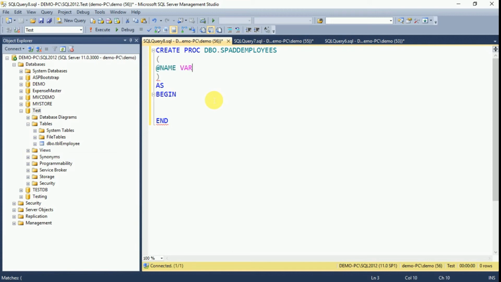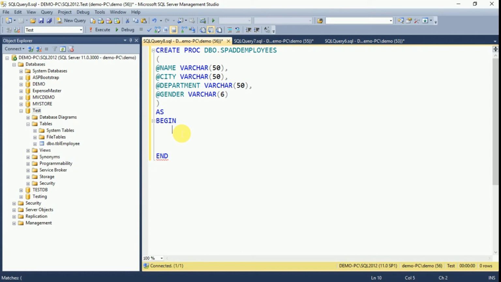I am taking name, then city, then department, and gender. Length of the value will be 6 digits.